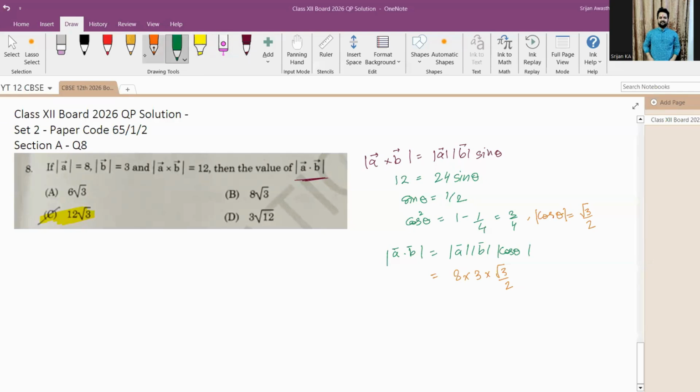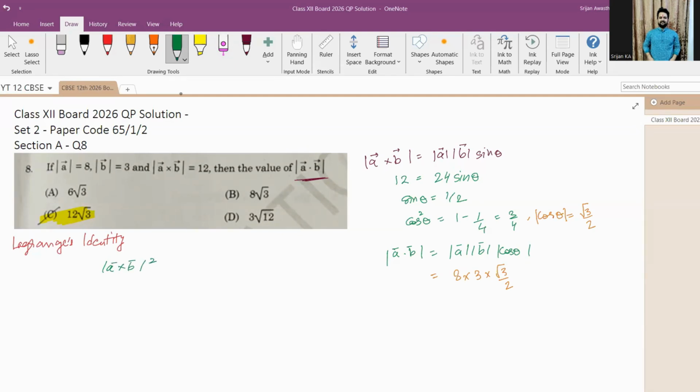Now, what was the other way that I was talking about that we can do it? That is very dependent on whether you know this identity or not. Some people don't call it this also. It is called the dot cross identity, Lagrange's formula, Lagrange's identity, whatever. I can tell you how it looks, which is also a very simple proof, but we are not here for the proof. It looks like